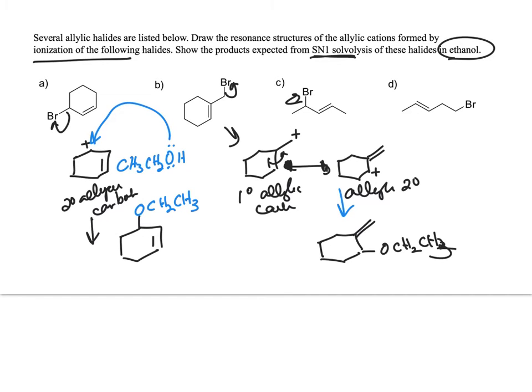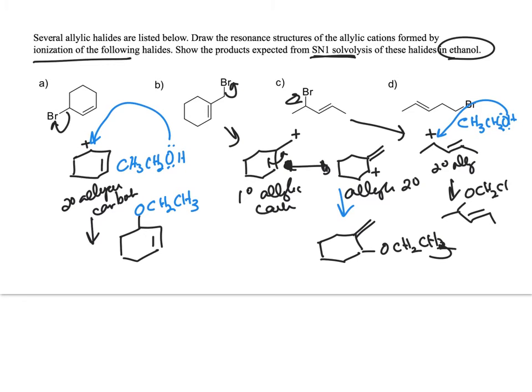Okay, here bromide leaves. You get this secondary allylic, and then the ethanol comes in, does the substitution, and you get CH2, CH3, and then let's do D. Make sure we have enough carbons, 1, 2, that's right, the bromine leaves,